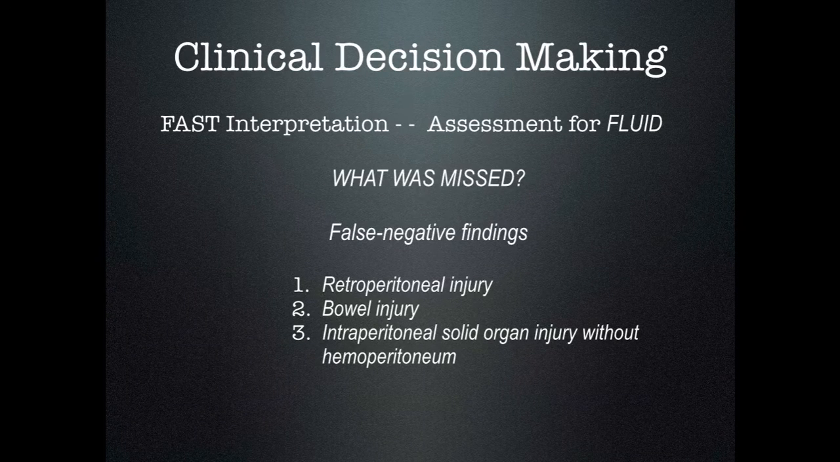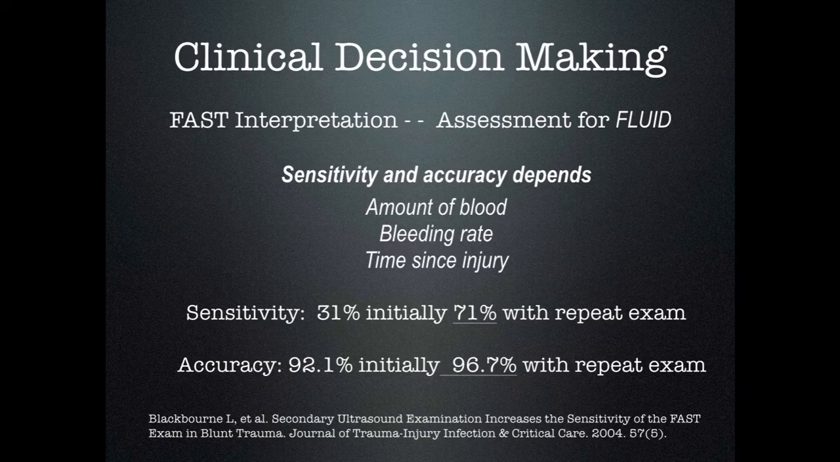The things you missed with the FAST exam were the retroperitoneal injuries, bowel injuries, and intraperitoneal solid organ injuries without hemoperitoneum. The thing is that the sensitivity and accuracy depend on several things. One is the amount of blood present. So the less blood there is, the harder it is to detect, the lower your sensitivity. The bleeding rate, because the amount of blood is dependent on how quick the artery is losing blood, and the